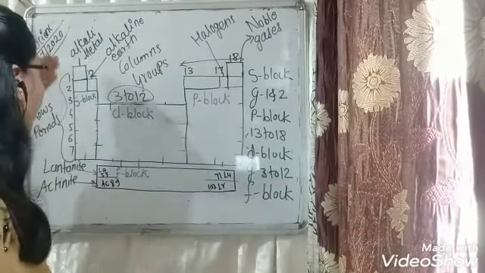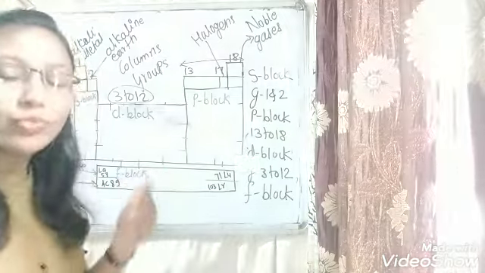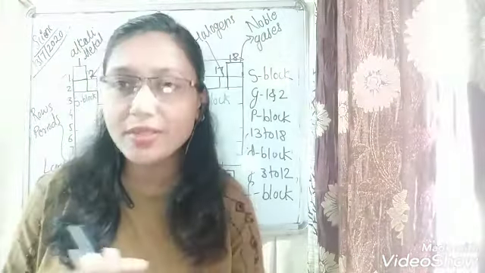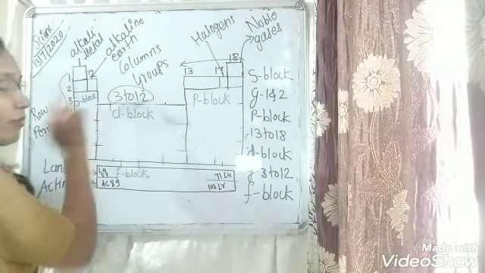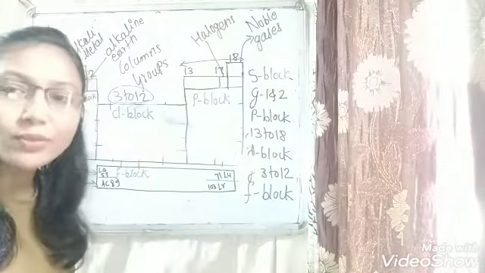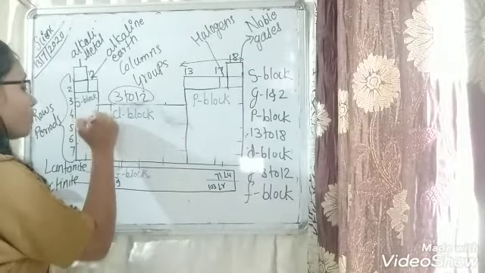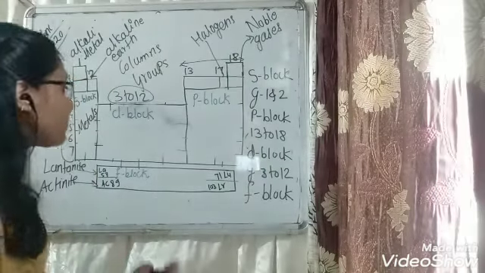In this one, alkali metals are present in group number 1 and group number 2. Then next is how the S block and P block are formed. As we said previously, the S block is formed by groups number 1 and 2. So what kinds of elements are present there? In the S block, all kinds of metals are present, meaning only metals are present in the S block.